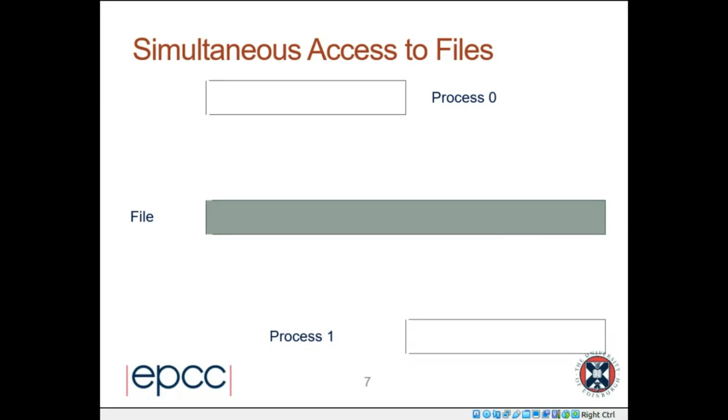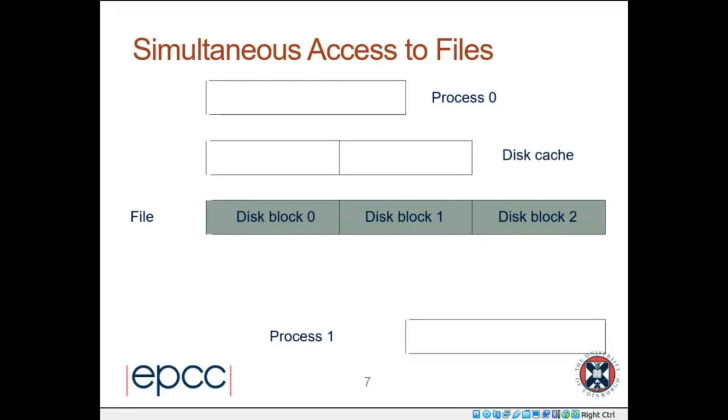So what we have is a single file. We're going to imagine two processes, process 0 and process 1, opening that file. Now, it turns out that file happens to sit across 3 disk blocks. Disk blocks are typically maybe 4K, or in an HPC system, they might be bigger. But what happens is the I/O system doesn't understand there are multiple processes. So process 0 says, I want to read the data. I actually only want to read this first half of the data up to here. But you can only do transactions in terms of a complete disk block. So what actually happens when you try to read this data is that the operating system gives you 2 disk blocks in your disk cache,